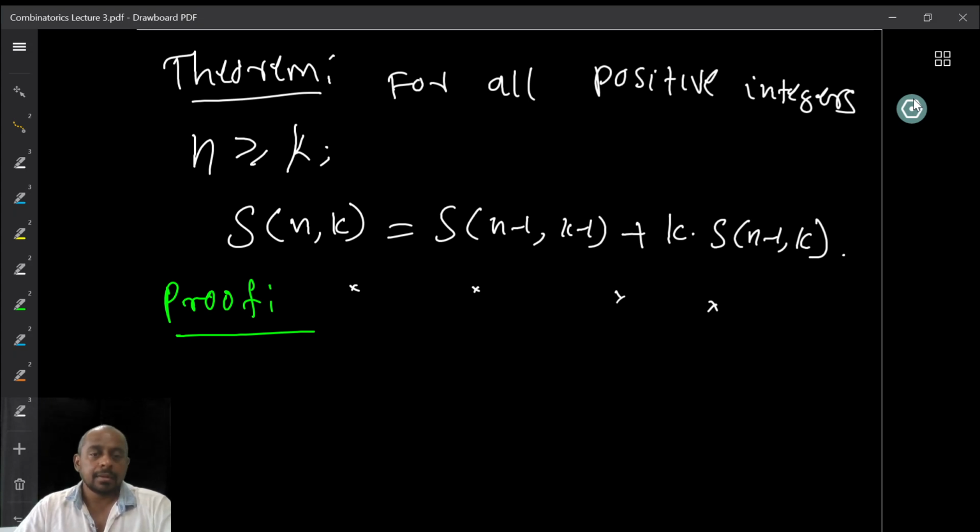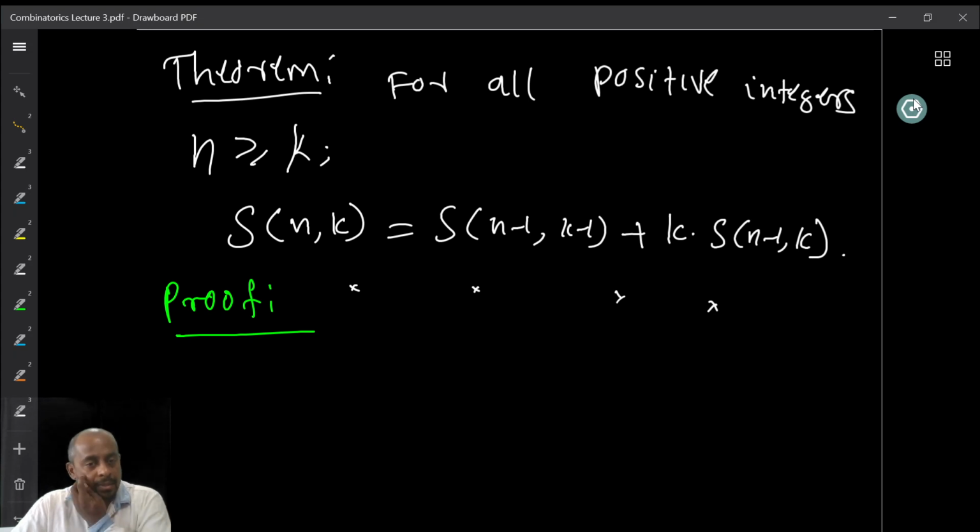In the previous lecture, we were looking at recursions, and also we defined S of n,k, the Stirling number of the second kind, to be a number that counts the number of partitions of an n element set into exactly k blocks. Okay. So at the end of the lecture, we asked to try to prove the following result, the recursion formula, that S of n,k is equal to S of n minus 1, k minus 1 plus k times S of n minus 1, k.